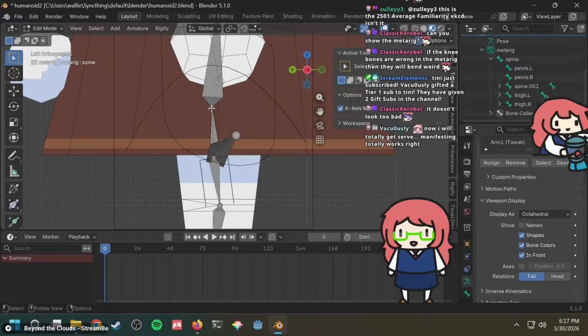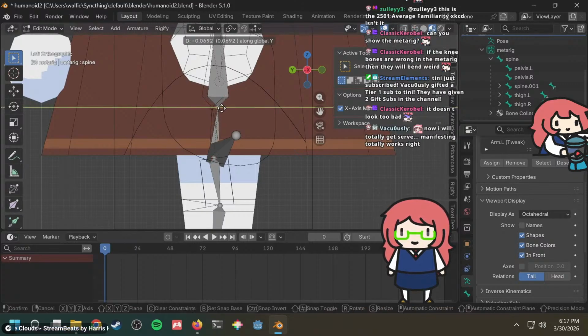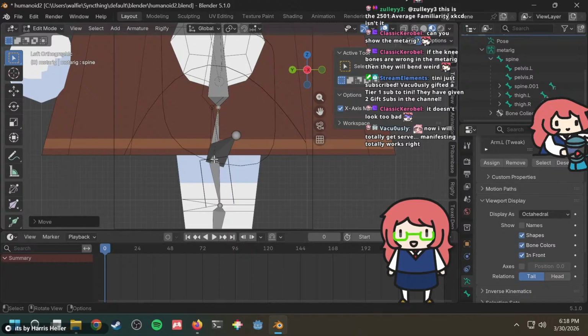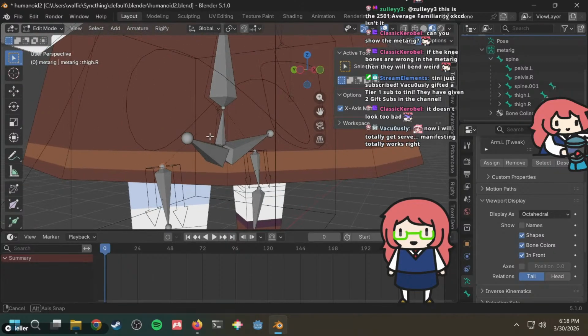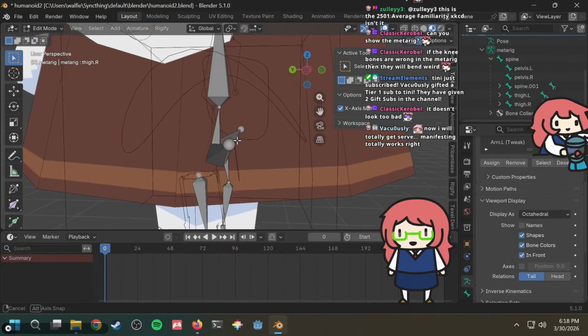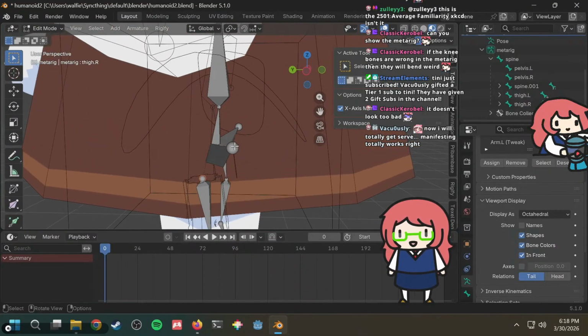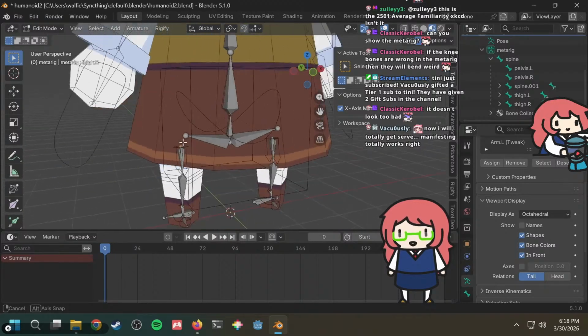Should this be in the middle? If I have this in the middle, and then, well, hold on, should this thing be pointed forward? Did I have this configured wrong?